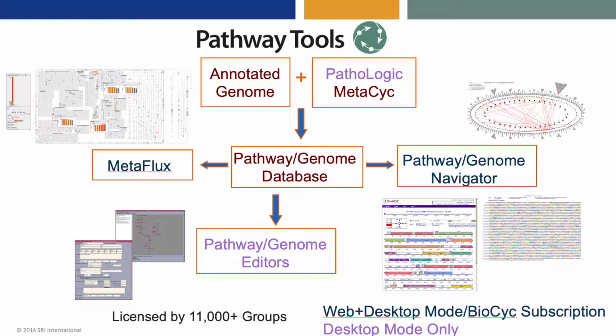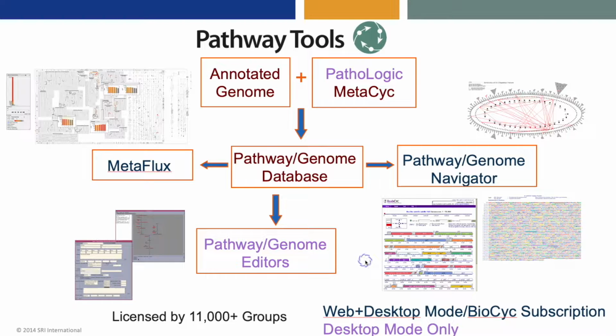Here's the overall data flow within Pathway Tools. We feed in as the input to the software an annotated metagenome or metagenome assembled genome. And then the Pathologic component of Pathway Tools performs computational inferences such as predicting the metabolic pathways of the organism. It creates a new pathway genome database, which can then be operated on by these other components of Pathway Tools, including the interactive editing tools, the navigator for search, visualization, and omics data analysis, and the MetaFlux